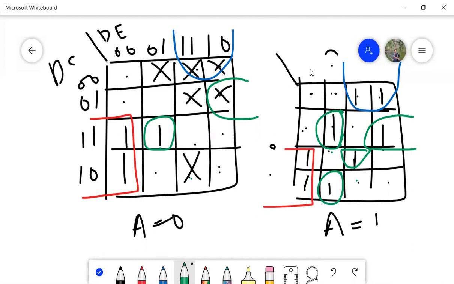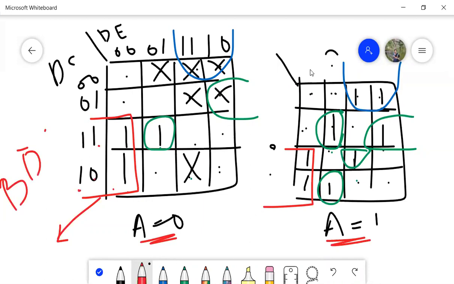So now let us simplify. Your solutions may be different. Again, I've told you mine can be a different solution. This is the first one which I want to simplify. This is common in both. So I have A is equal to 0 over here, A is equal to 1. Both will get cancelled. We don't have A. Now 1 and 0 will get cancelled. For this 1, it represents B. And here on the top, it represents D bar, E bar.